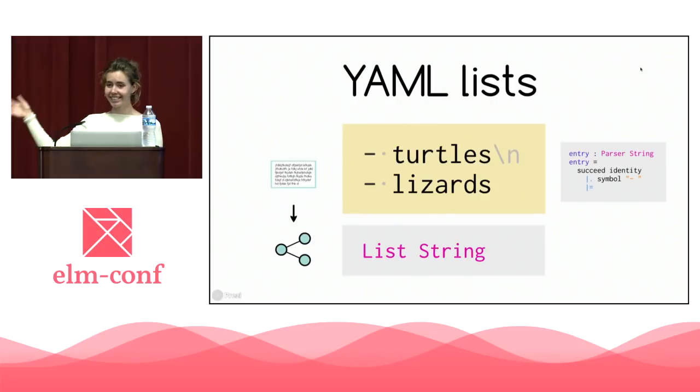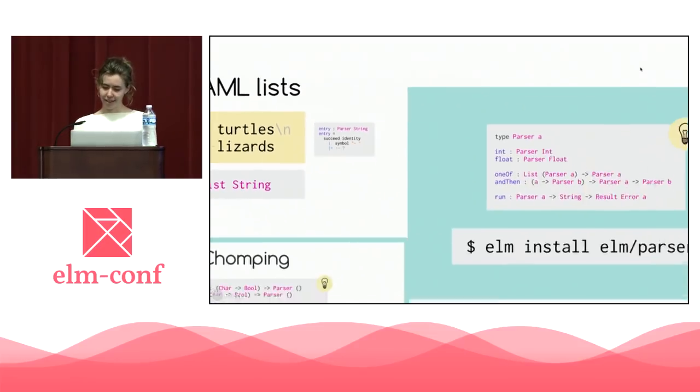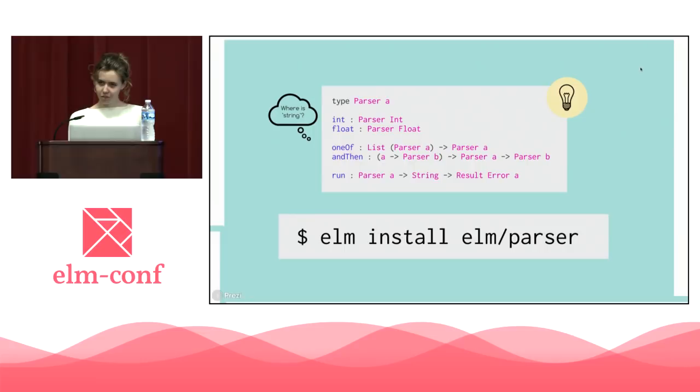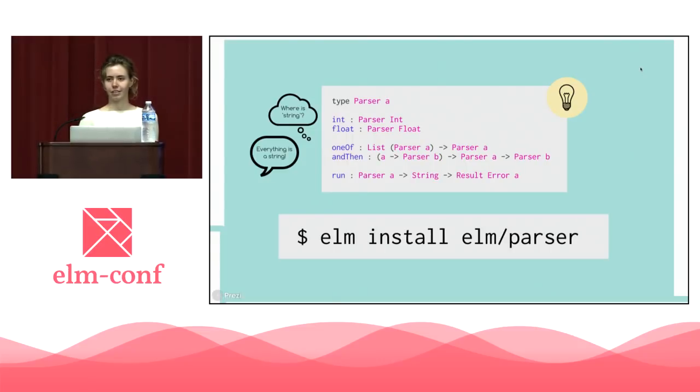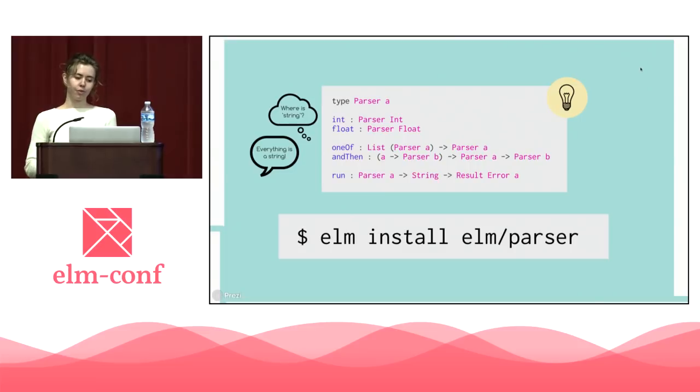Because in our past example, as you just saw, we had an integer parser, and that made our life really easy. But if we look at the API now, where is string? And it actually took me a minute to realize why this is, because everything is a string. Your whole job making a parser is to define what a string is and what is trash and you want to throw away. So I was like, oh, this is harder now, but